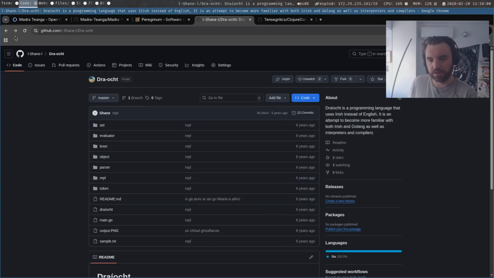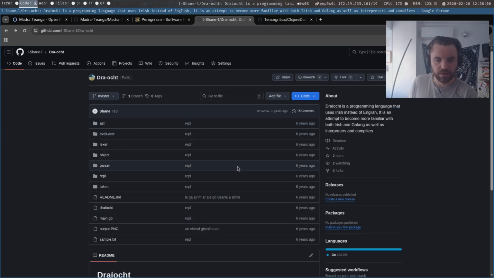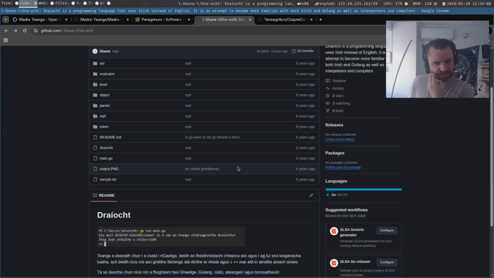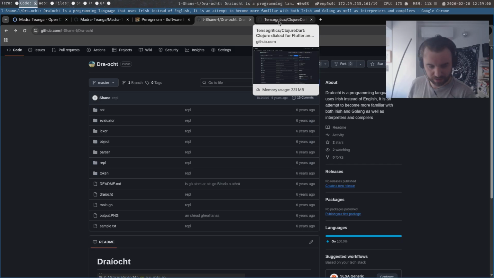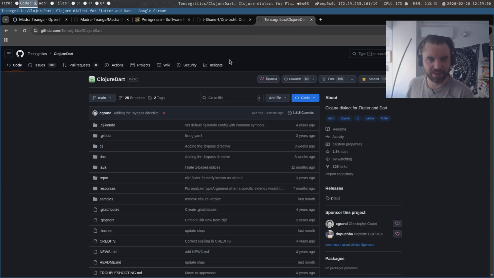This is based on a famous book on writing compilers and languages, and I did this 6 years ago. Never really went further because I created it, and you compile it, and there are no libraries, there's not much going on with it, you can't really use it. Well, you could, but it would just take a lot of work. So I did this one, and I did a Lisp too. So I was always interested in making something like this, and I mentioned before that even with mobile development, I thought about making my own framework, and then you go into it and you realize this is going to take decades, years to do.